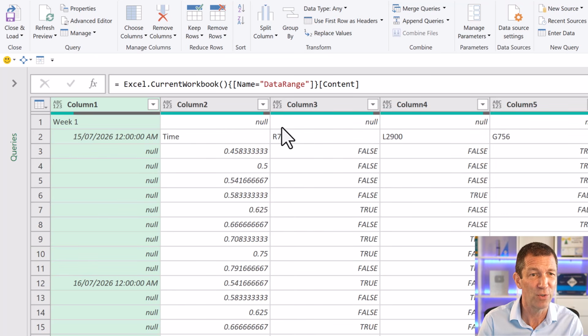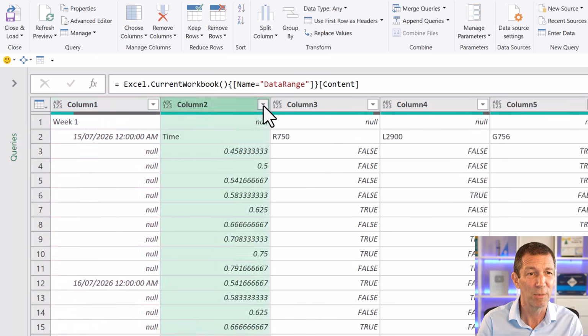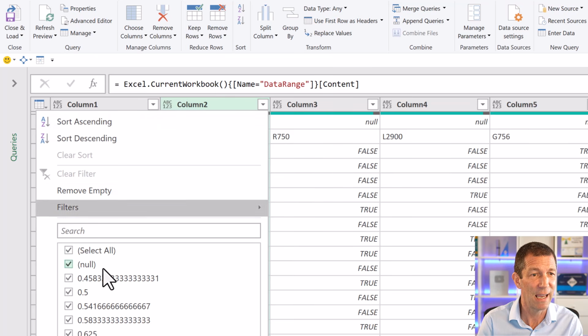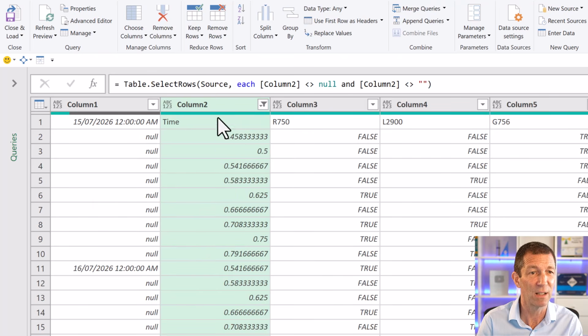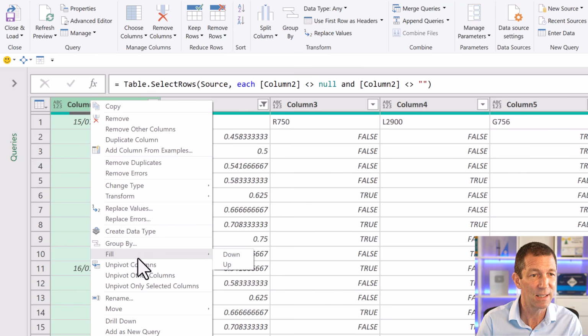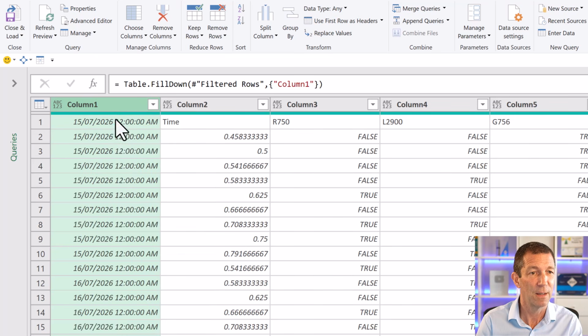I don't want this first row, so I am going to click on this and say remove empty or remove nulls. I know that if there's nothing in that column, I don't care about the data. I'm then going to right click and fill down these dates. Okay, that's lovely. And now I want to promote these headers, use first, because these column names may change, so